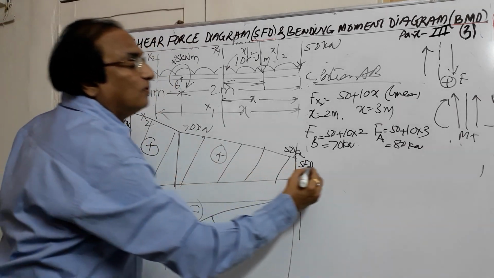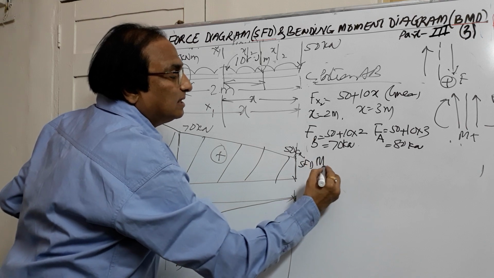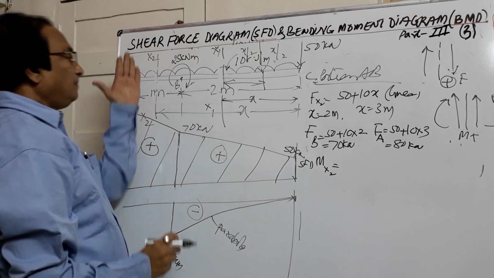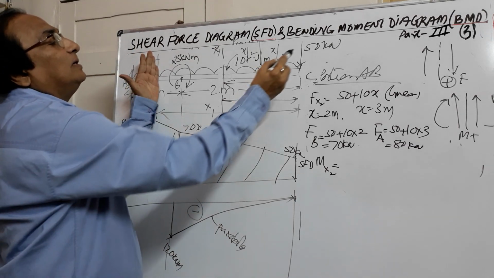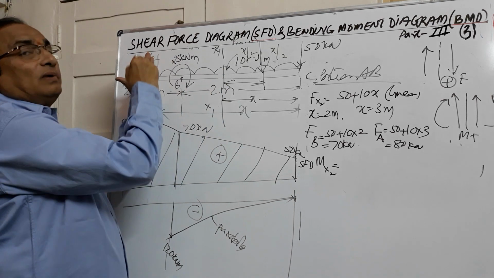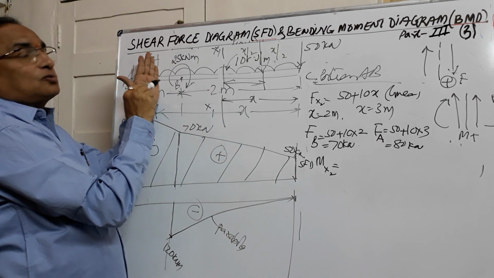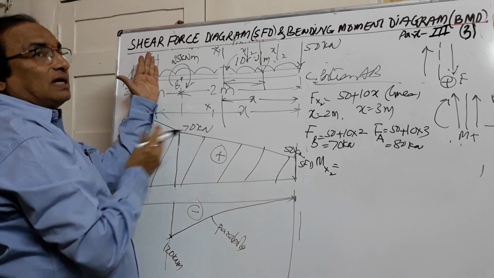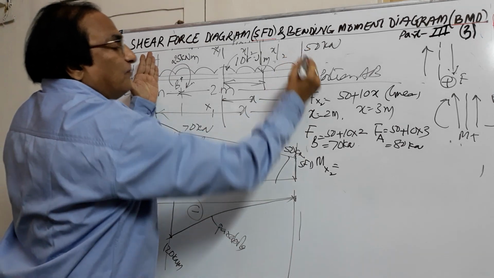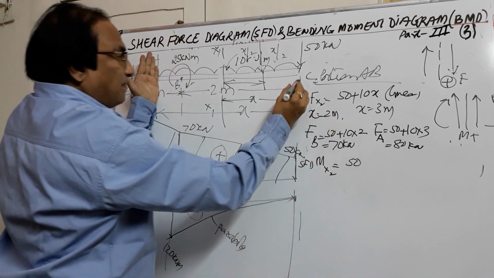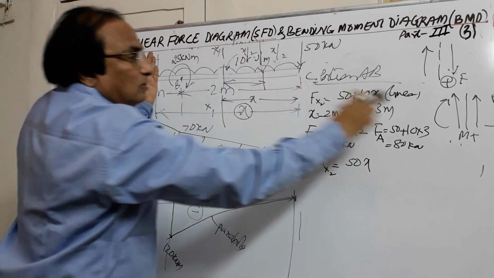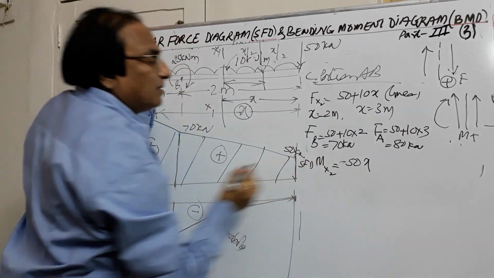Now here we will go for bending moment. Here we are seeing a special thing. Whenever I take moment here, so moment will be due to 50 due to UDL plus there is a moment given to you. So here you have to be careful about this, that moment is coming in the section. So let us take a moment here, 50 into perpendicular distance is x, it is acting down, moment is negative.